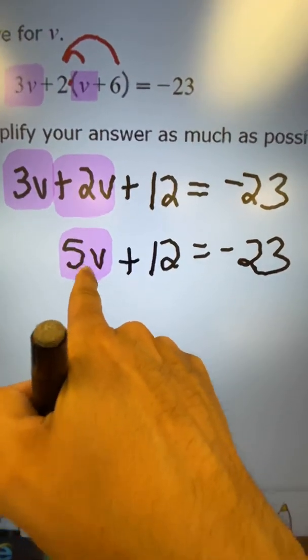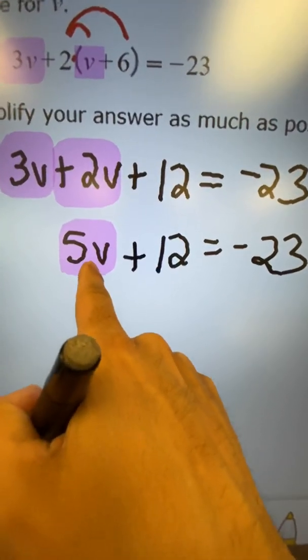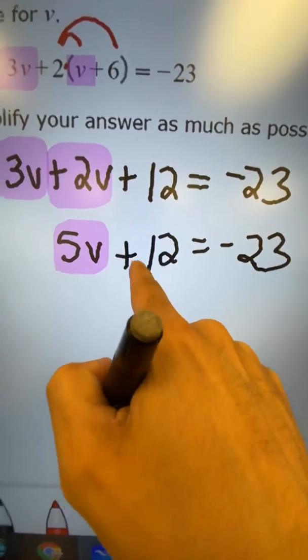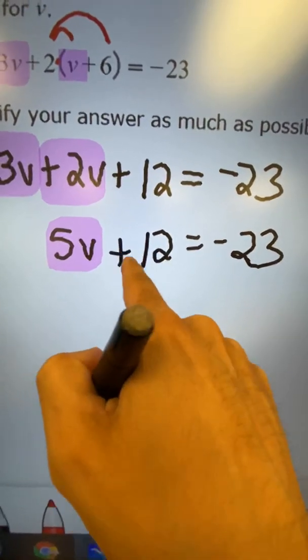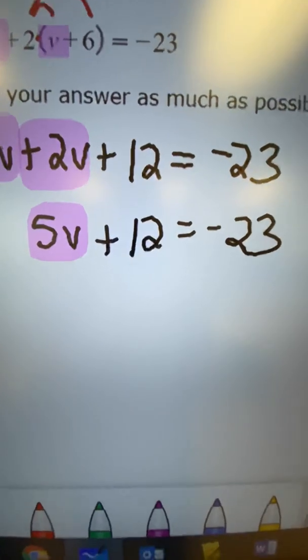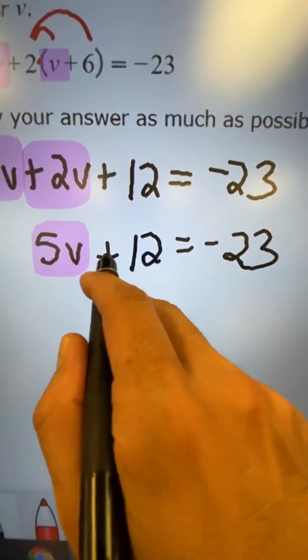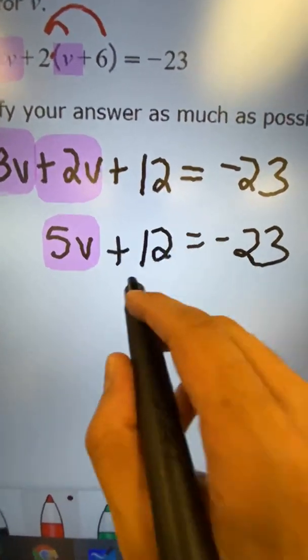When you're looking for the variable you're solving for, whatever other terms are on the same side, you want to eliminate them. So in this case, the one that I did not highlight, I want to eliminate that term, the plus 12 here. And we're going to use what we call the additive inverse. The additive inverse means use the opposite. The opposite of a positive 12 is negative,